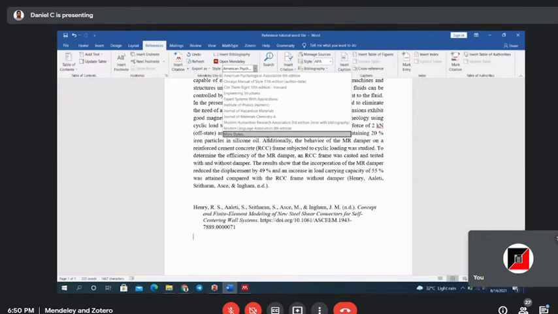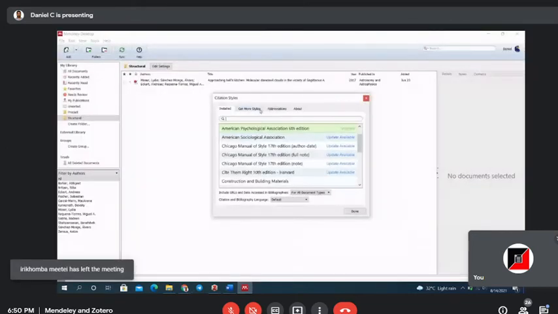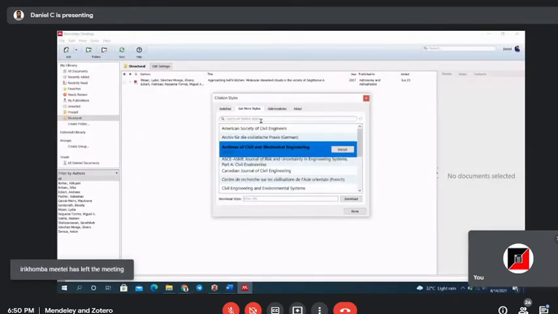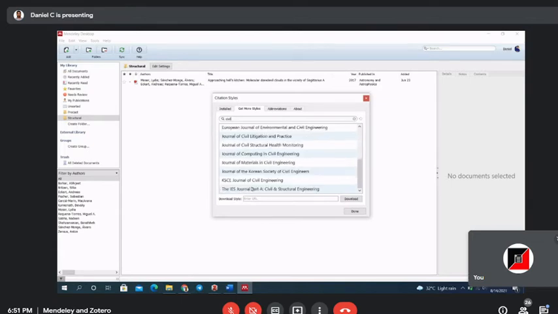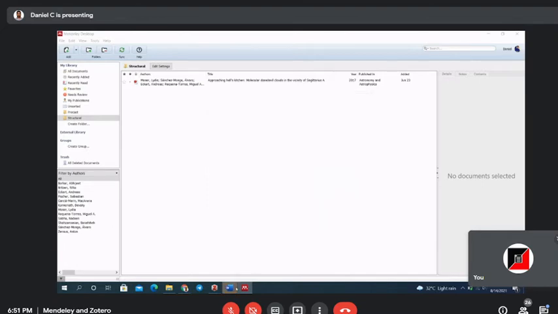I'm planning to change the referencing style. So when you click get more styles, you type civil. Around 16 results. Moreover, both were similar.